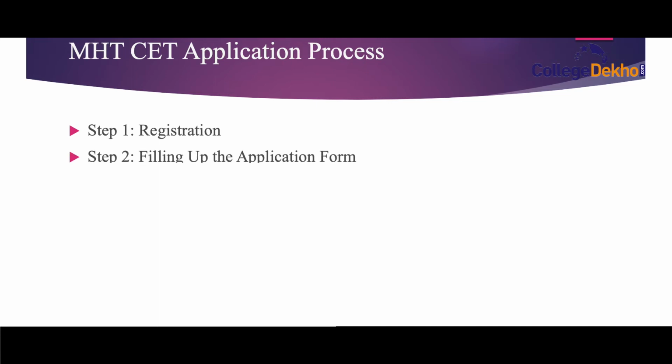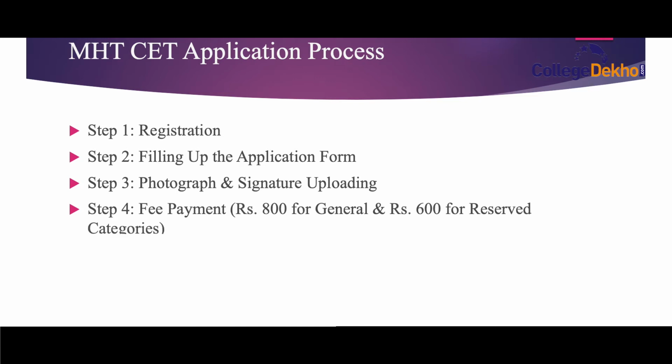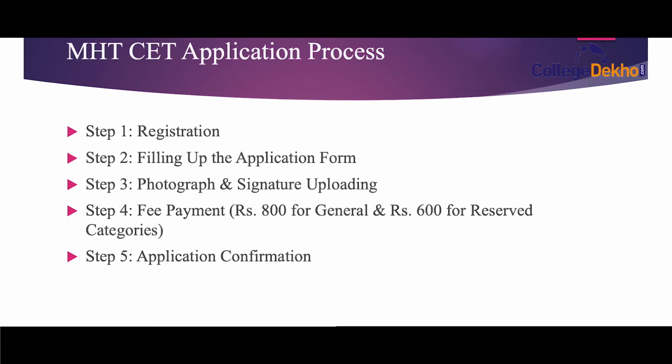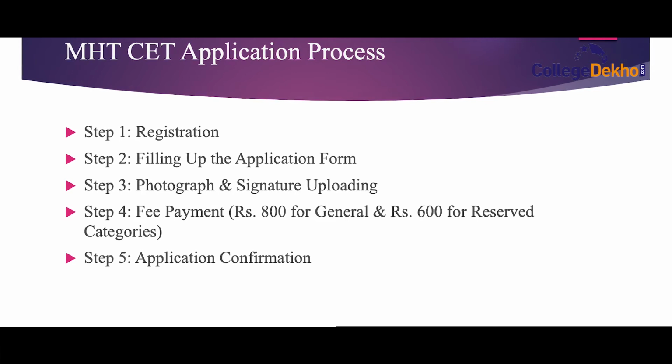So, the MHT CET application process. If you want to fill the MHT CET application form, apart from the requirements, you need to follow the steps. Step 1 is registration. In registration, you will complete the basic registration by entering your mobile number, email ID, and basic details such as your name. Then you will receive an OTP on your mobile number, which will also have the login details. The login name and password will be sent to your registered mobile number or email ID, and you should complete the primary registration.